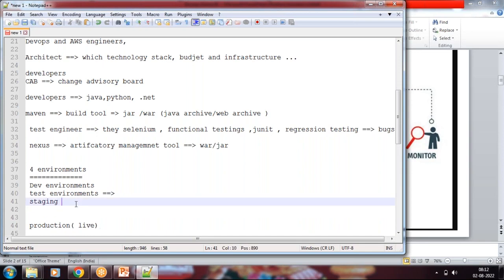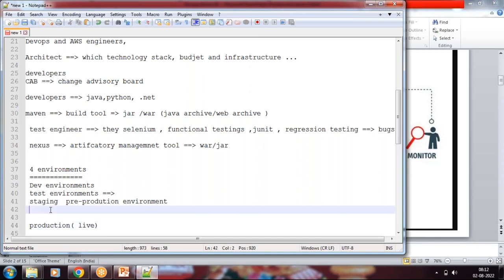So when it comes to staging, staging is nothing but a pre-production environment. So what is this pre-production environment? Before going to production, means before the user uses the application, we need to test all the features. Okay, how will we do that? So they will create one mock